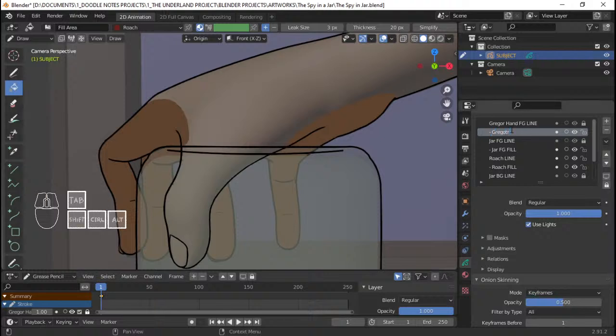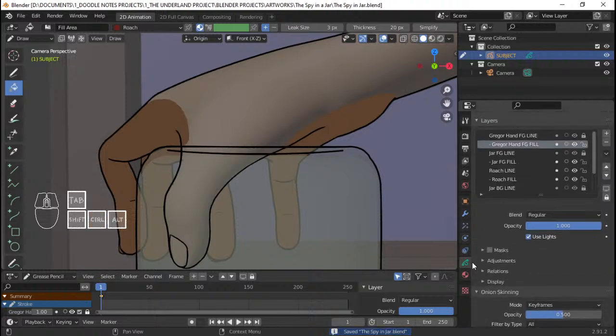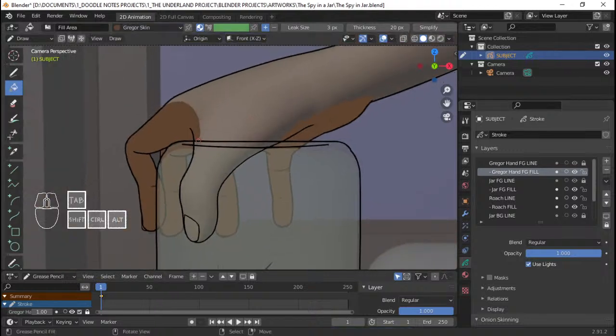So we're gonna go Gregor hand FG fill. Save that, and I'm going to get the skin material, the Gregor's skin, and start doing some fills for Gregor's hands here.